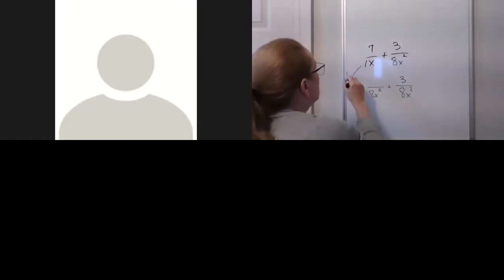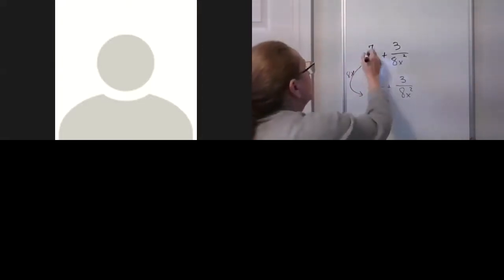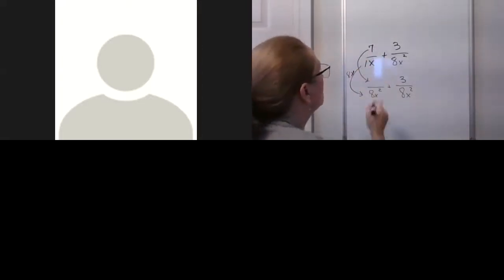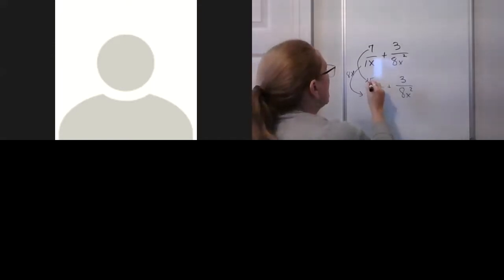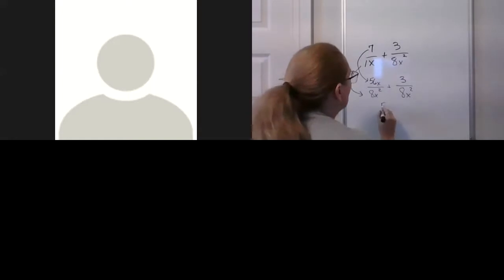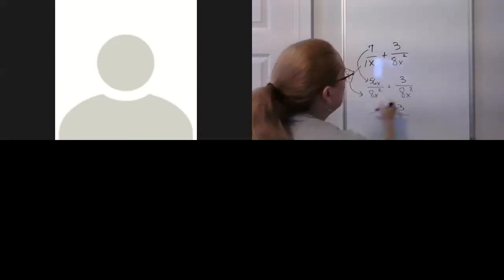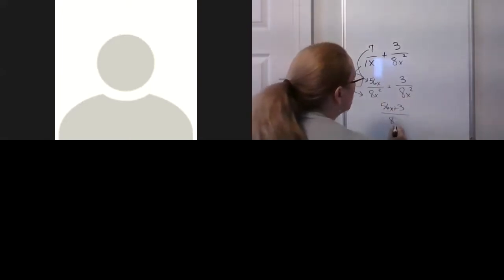And since this one needs to be multiplied by 8 and by an additional x in order to become 8x squared, we'll multiply 7 times 8x and get 56x. And then we'll combine our like terms, 56x plus 3 at the top, and 8x squared